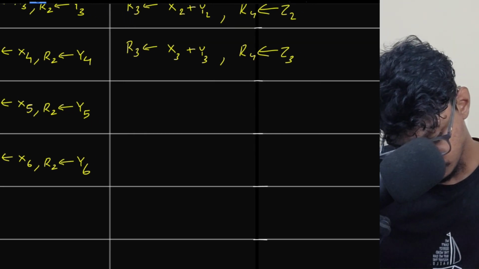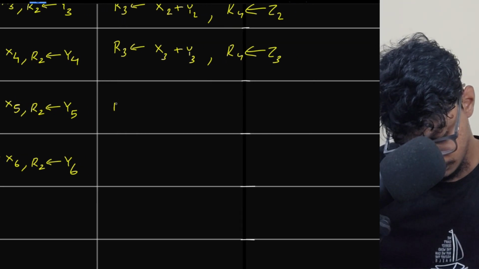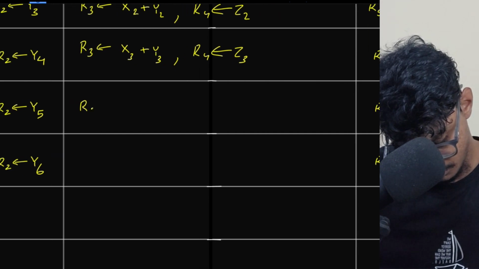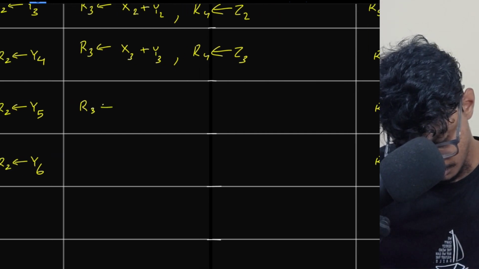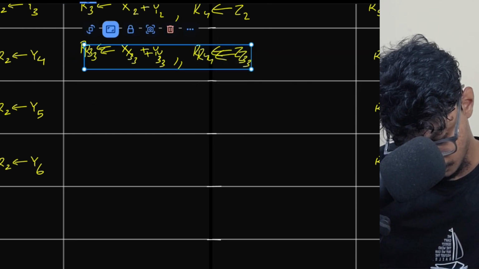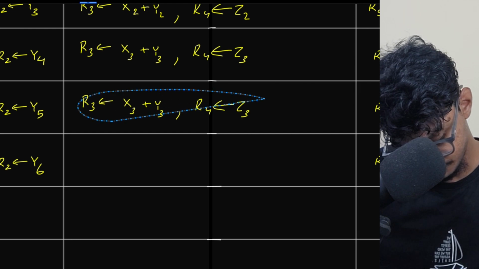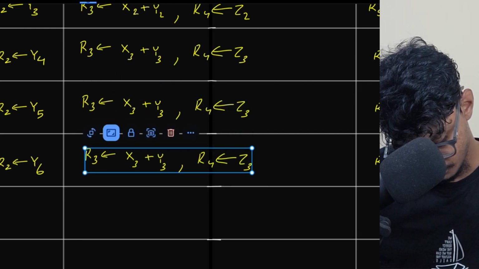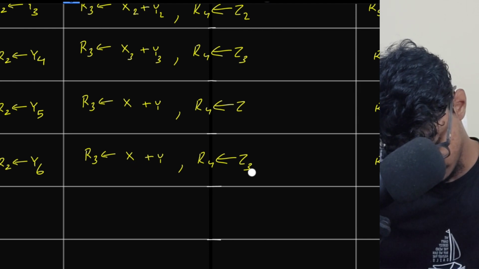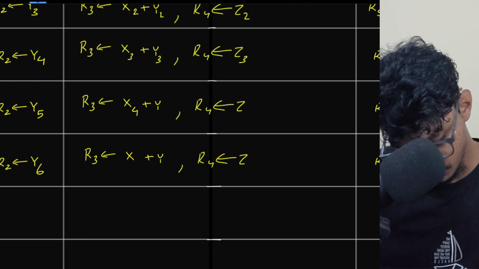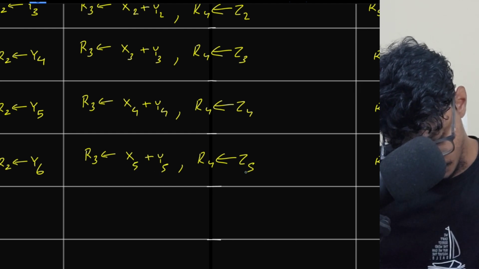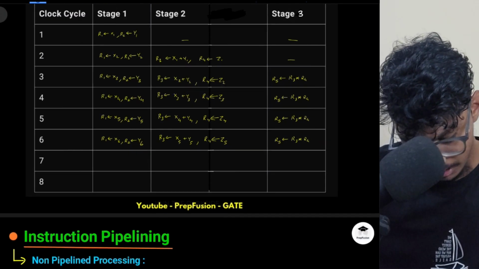So this is R3 getting stored here, of x4 and y4. This will be 5. Okay, so it will go on like this. I will not complete all the examples. So what is happening? Basically